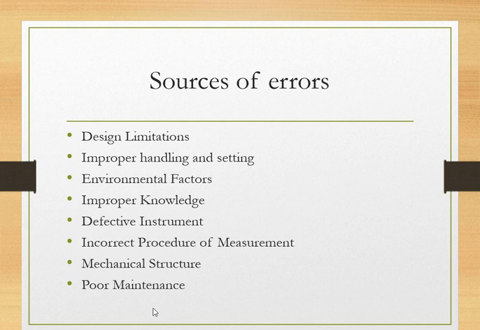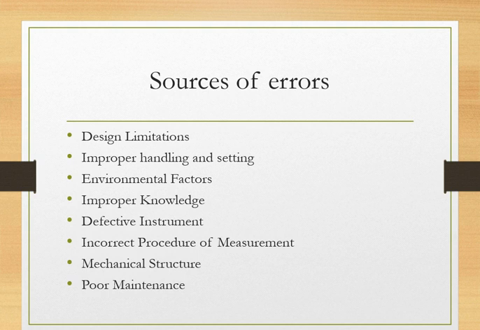Next is poor maintenance. See, this is again one of the neglected things while handling any instrument, because we have to maintain everything whatever we are using. It may be your car, your instrument, your mobile phone, laptop, or PC. After a certain period of time maintenance is required. If you are doing maintenance properly, then your system's or instrument's life will be higher. So that's why maintenance is also important. And calibration is part of maintenance, which we have discussed.